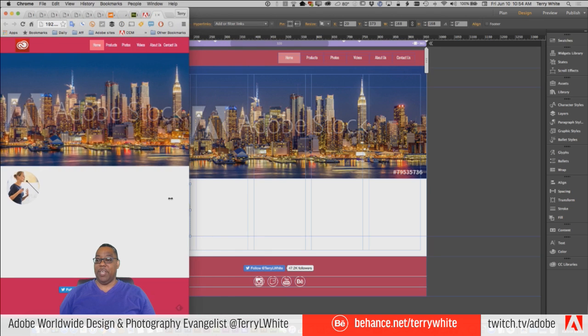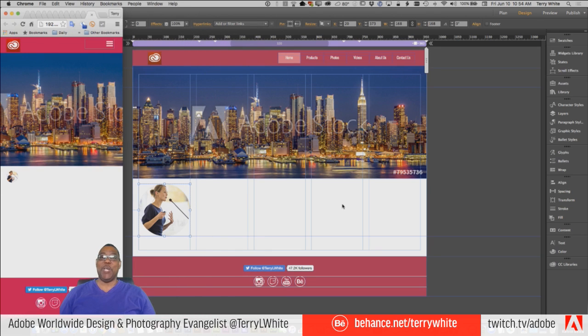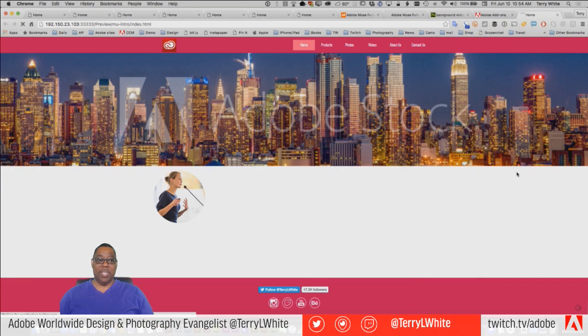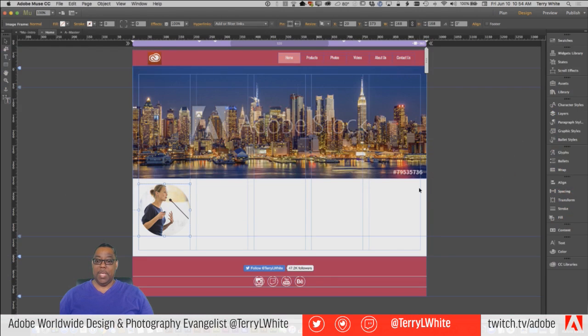So it will scale. And this is why I don't like it scaling automatically for everything, because now that's too small. I don't want it to do that. I don't need it to be that small. So it's nice that it scales it for you based on the size of the page, but you may reach a point where it's scaling it too much. So here, let me go back.